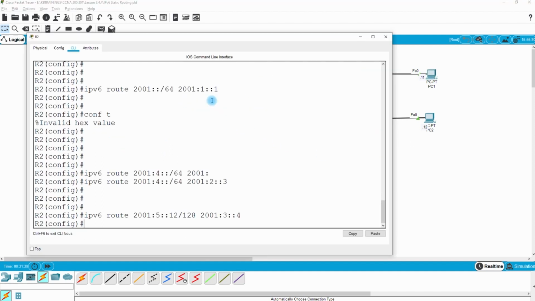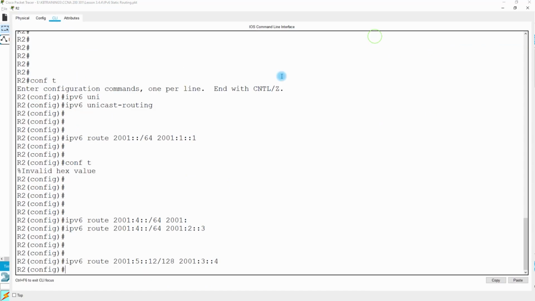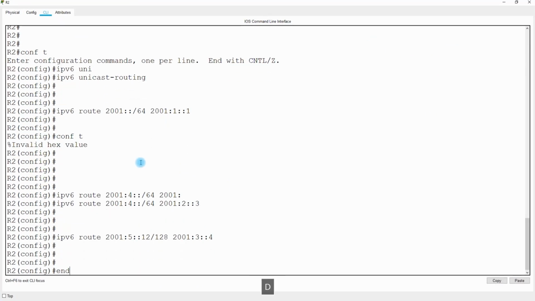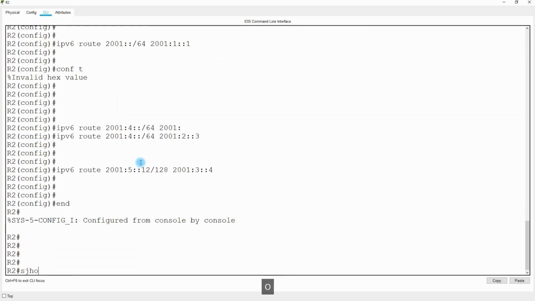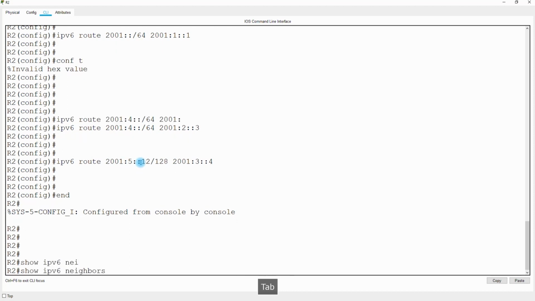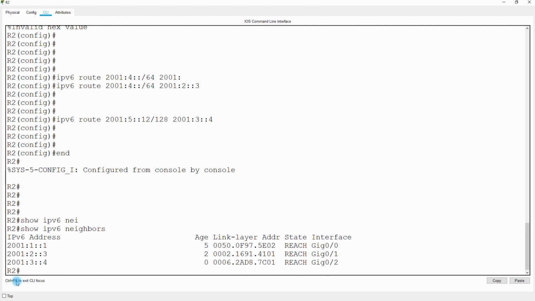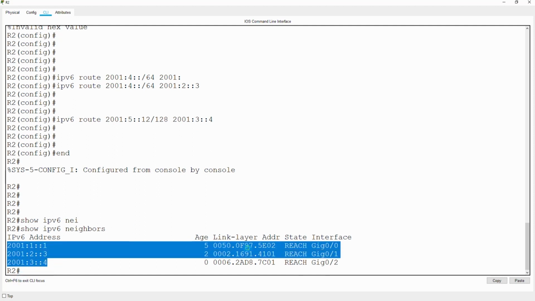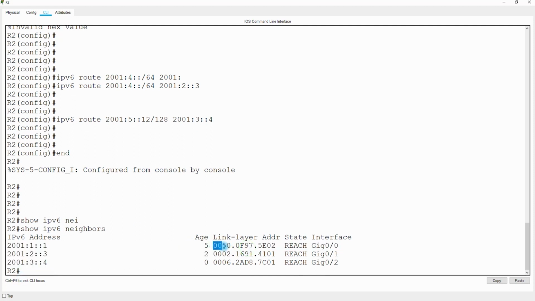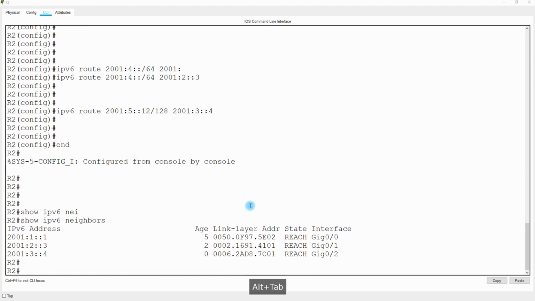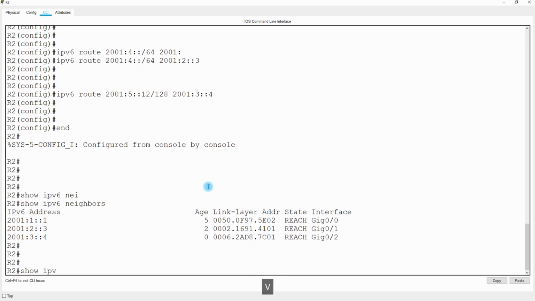Let's do some verification. If we are in router 2, for example, we can do show IPv6 route. Oh, neighbors. Let's start with the neighbors. Here you have the global unicast addresses, and you have the corresponding link layer address or MAC address. You also have the outgoing interface that you use. And yeah, if I do show IPv6 route,